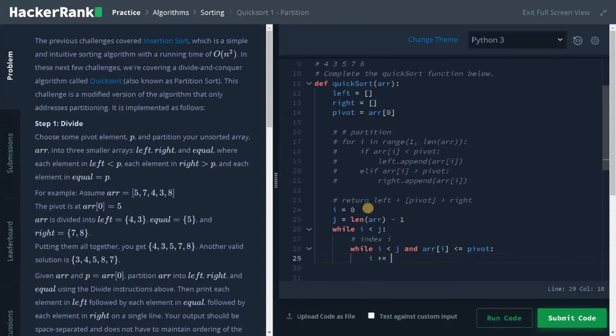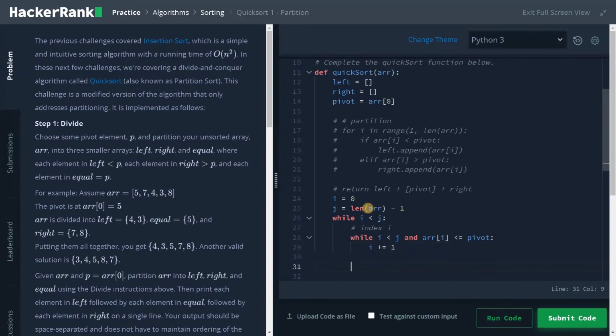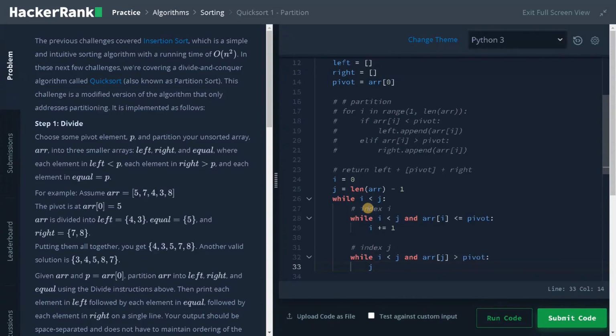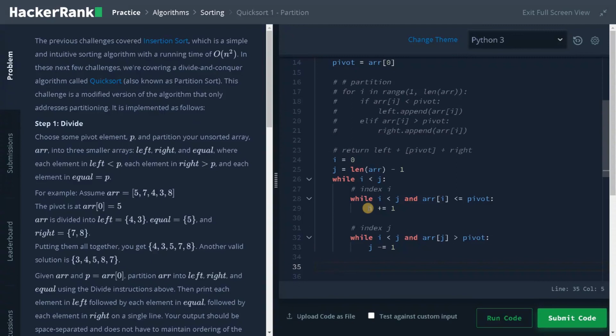Now again, for index J: while I less than J and array of J greater than pivot, we will decrement J by 1 because we are coming back from the last. After the two loops break, we need to do the swapping operation.